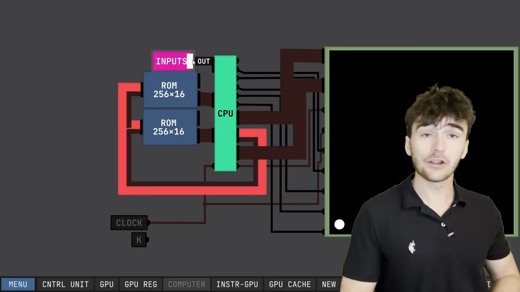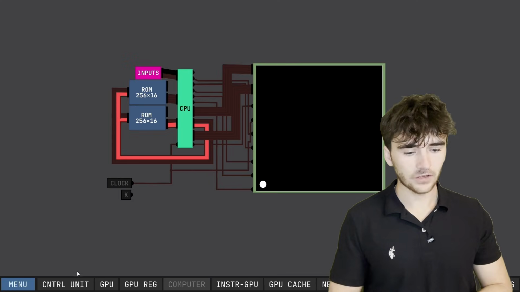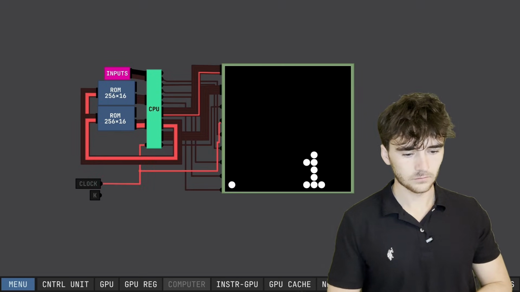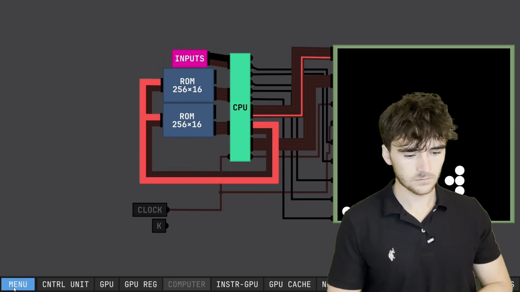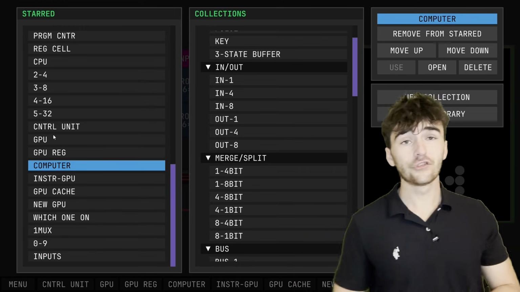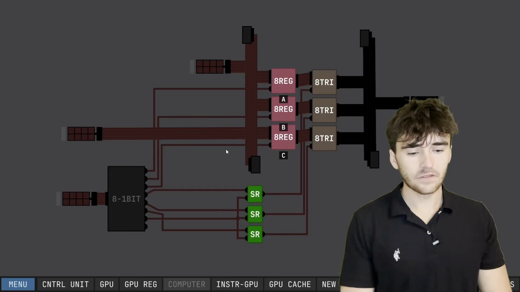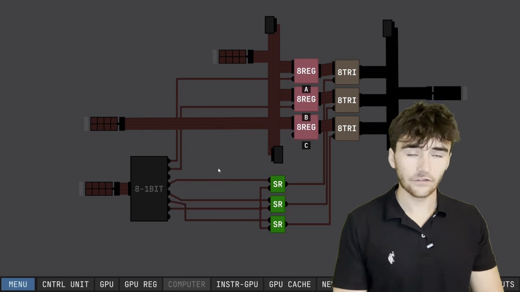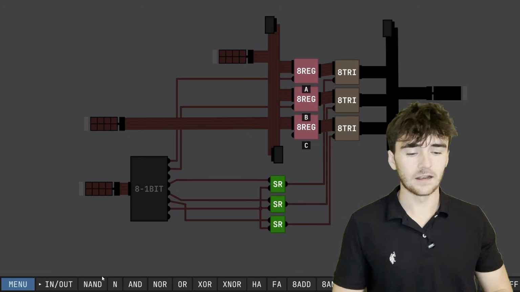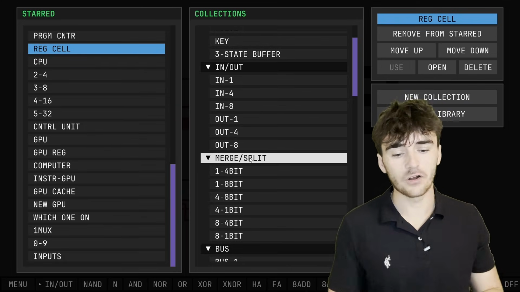So the CPU is still running our previous code, which was just what's 1 plus 0, which is 1. So it looks like it's working pretty well. But now we need this register cell to store data every time a button has been pressed. So we're going to make this little module which will let us know, hey, a button's been pressed. Let's store the data, and that's essentially what we're doing right here in that little register cache cell